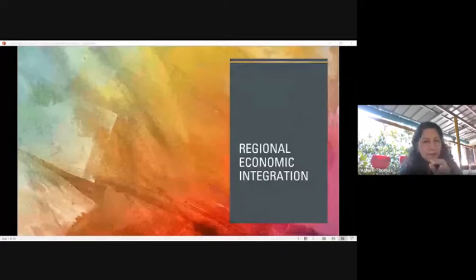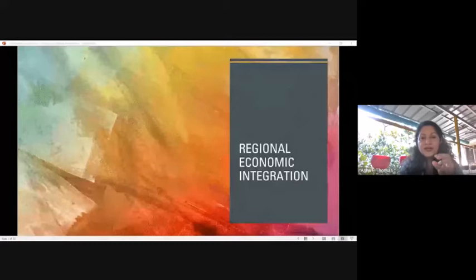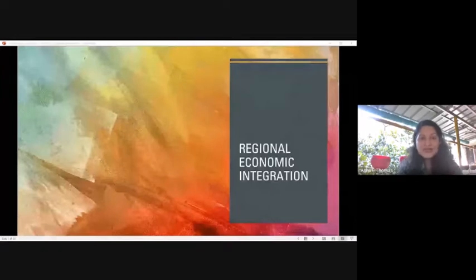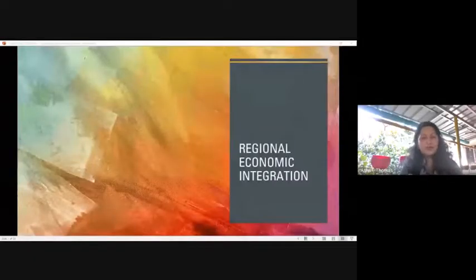In simple terms, what is regional economic integration? It is the integration between the economies of two or three nations. The types of integrations which we are going to learn include more than 20 nations, some of which we are going to learn in the class. So just to explain, it will be an integration between two or three nations where they try to